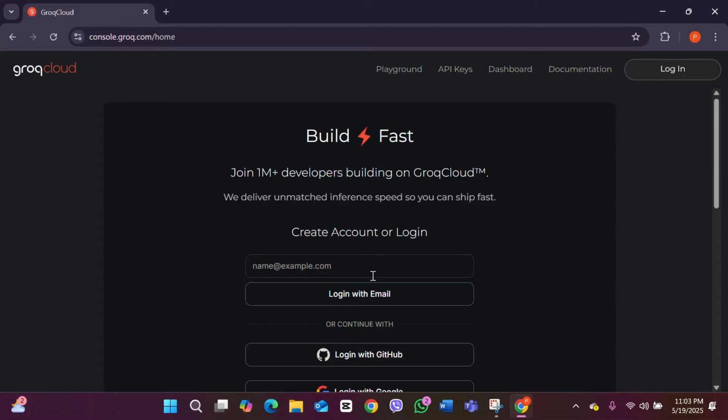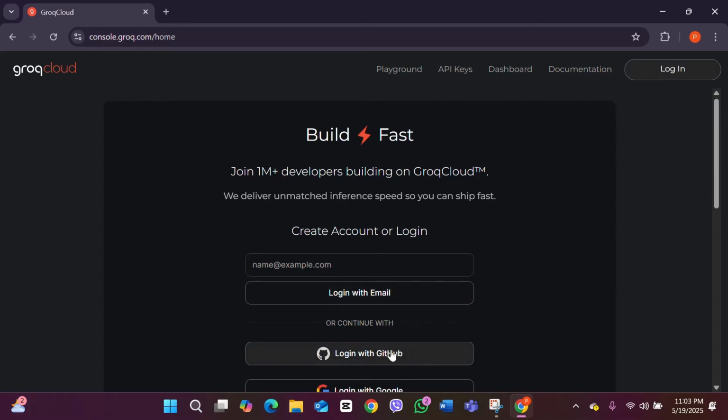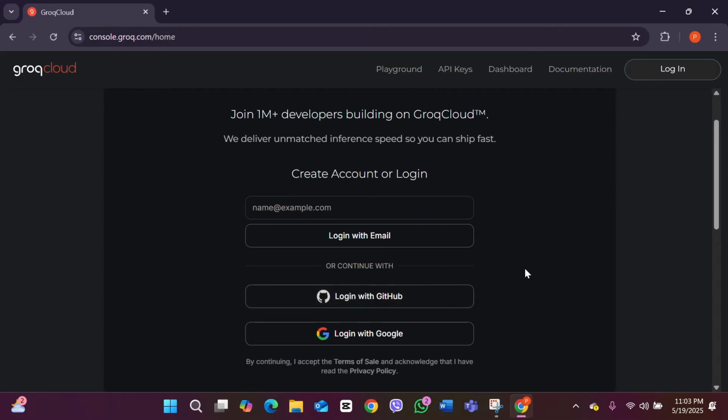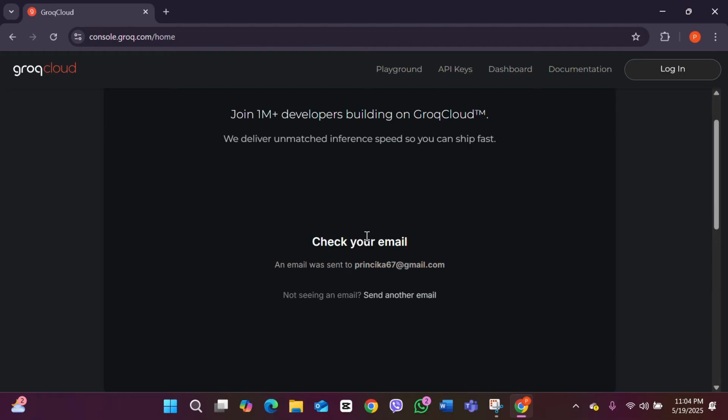And in here, you can click on the login with GitHub if you have signed up your Groq account with GitHub, or you can even click on the login with Google if you have signed up your account with Google. Since I have signed up my account manually, I'm going to enter my email address first and then click on login with email. After you have clicked on login with email, an email will be sent to your mail